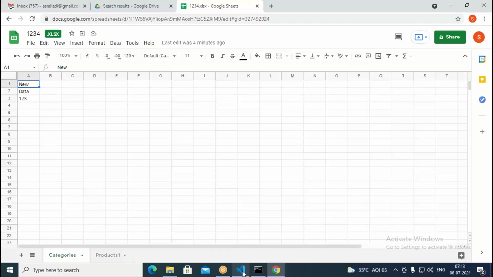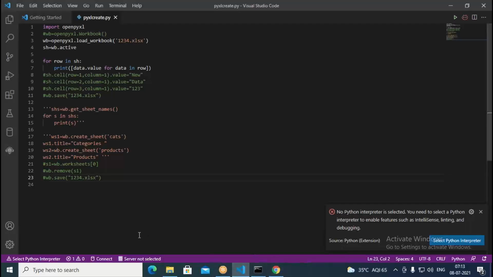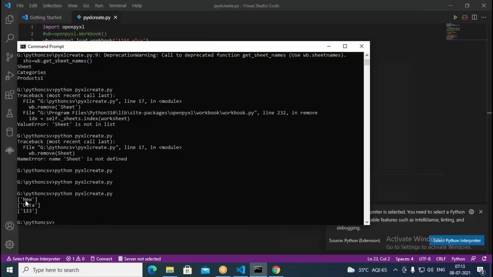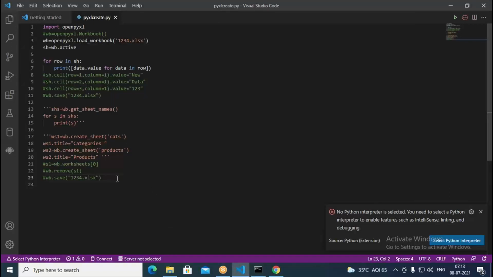In what manner are we printing it? We are printing it like a list, all the columns' data printed there. Therefore it is coming in square brackets, because we kept it in that manner. If you look at the code, we are using square brackets. If we remove the square brackets, can it also be printed? We print in this manner and print the data again.